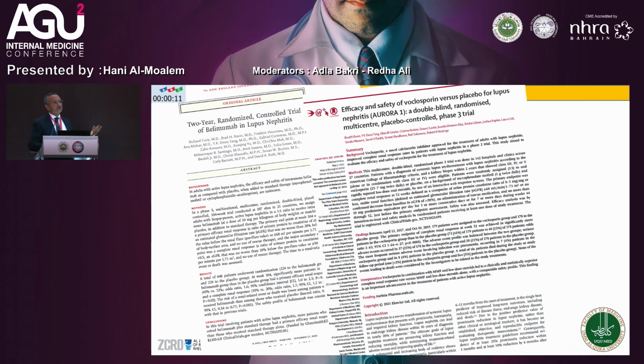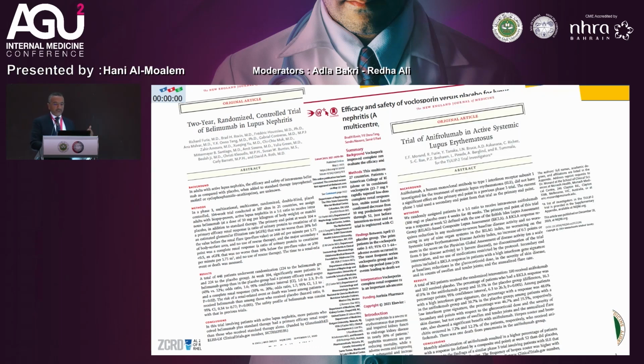A new drug that is approved right now for lupus nephritis, voclosporin. It's a new calcineurin inhibitor where we do not need monitoring. It has an effect on different races, a good outcome, as an add-on therapy to mycophenolate. And also,